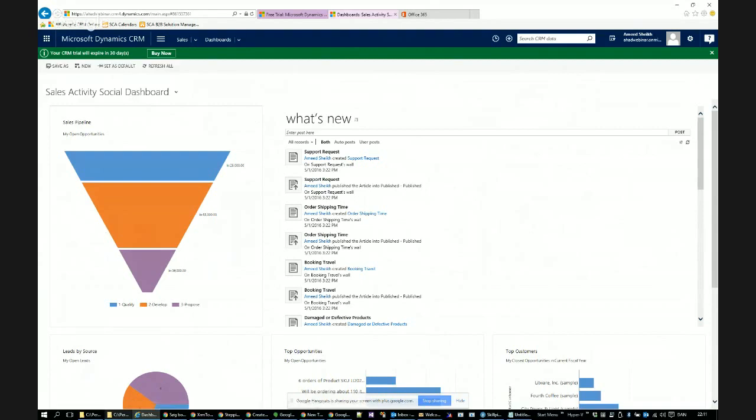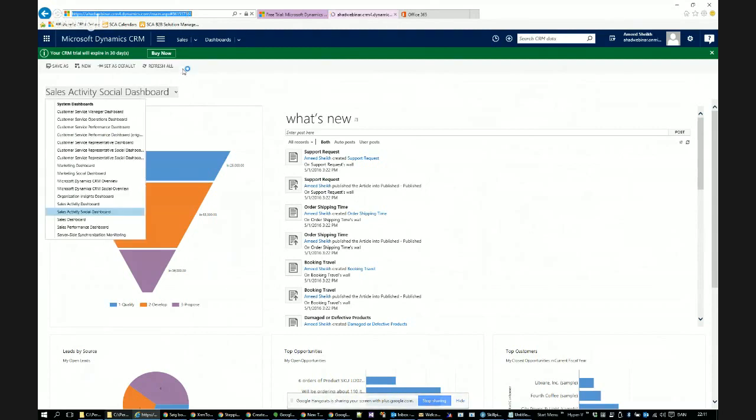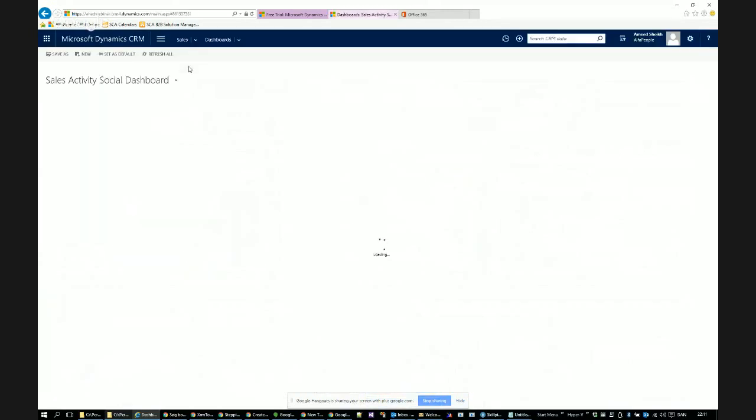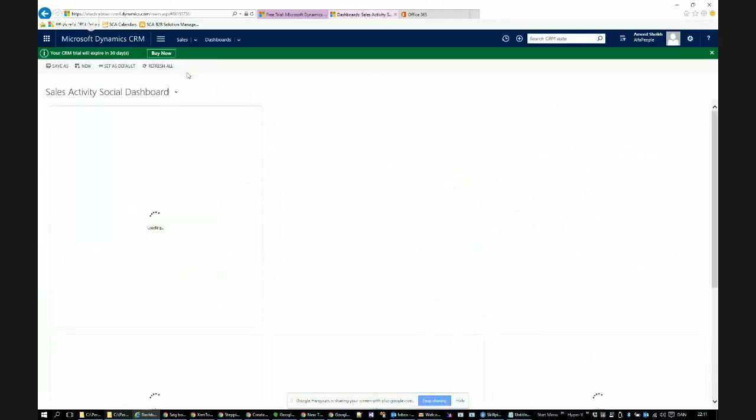So you land at this dashboards page, and you can see there are some out of the box. I have not customized it at all at the moment. Whatever you see is completely vanilla version, and you can see there's some sample data. So if I try to refresh this, yeah. So this is the home page,